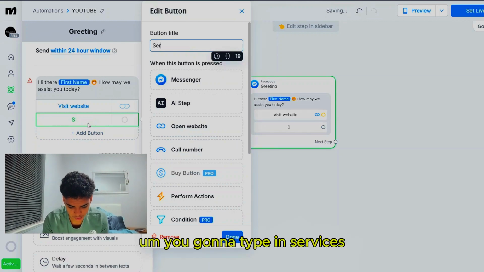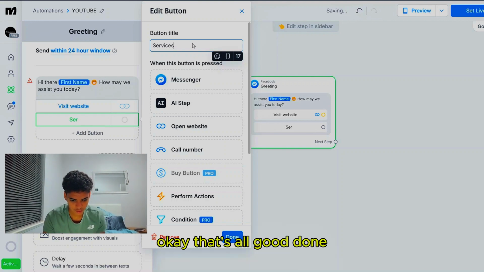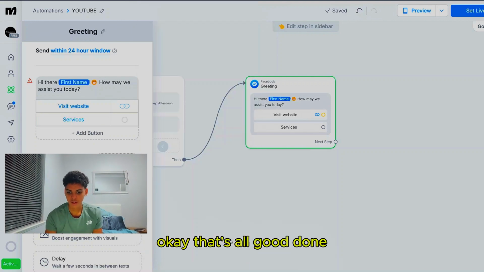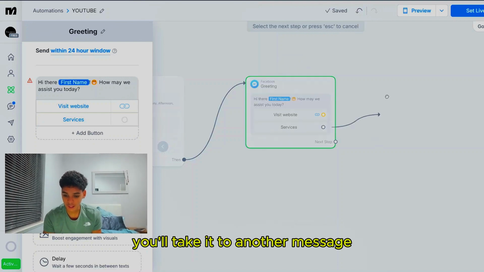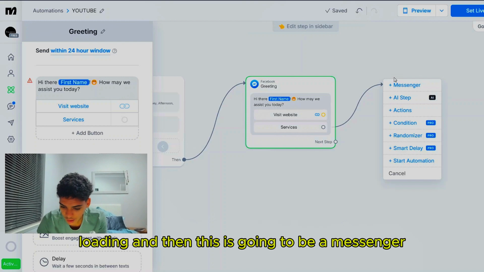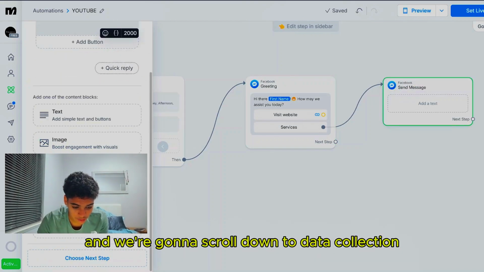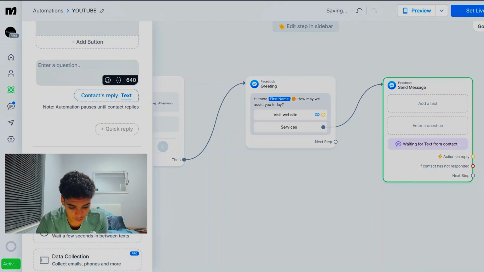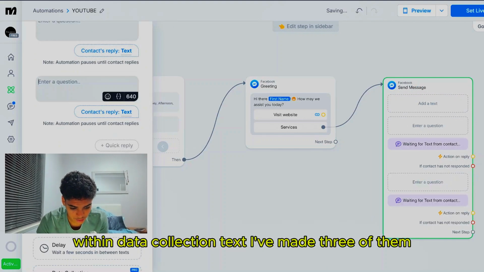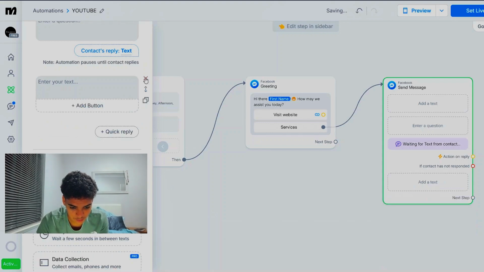you're going to type in services. Okay, that's all good, done. Now what you'll do with this button is you'll take it to another message. Seems to be loading, and then this is going to be a messenger, and we're going to scroll down to data collection. Within data collection, text, I've made 3 of them,